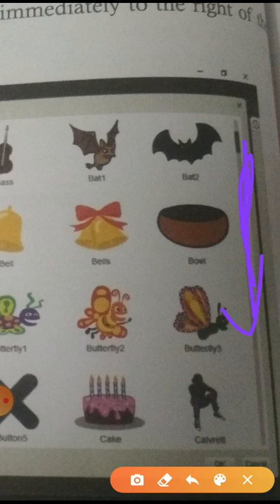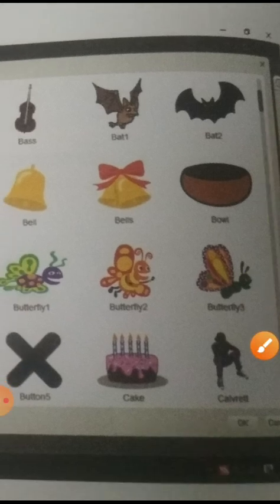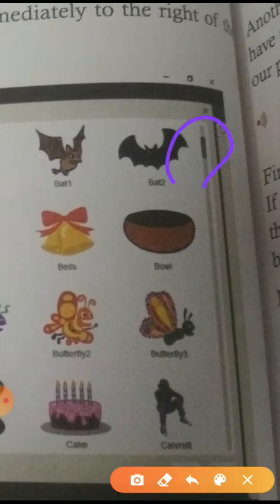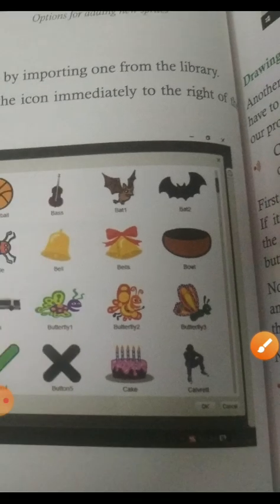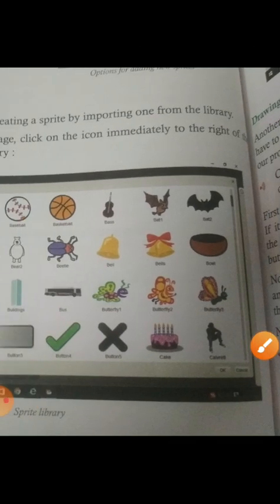If we drag this button downward, we get so many new sprites that are already installed in Scratch programming. So we can choose according to our program or according to our game. Whatever icons are needed in our program, we just choose any one to insert in our game.